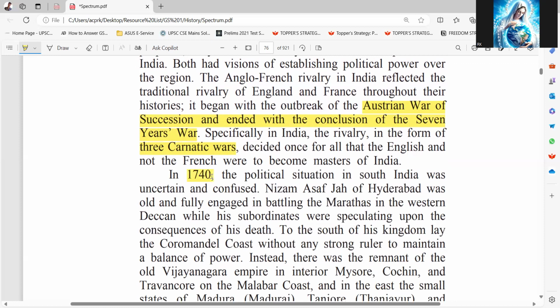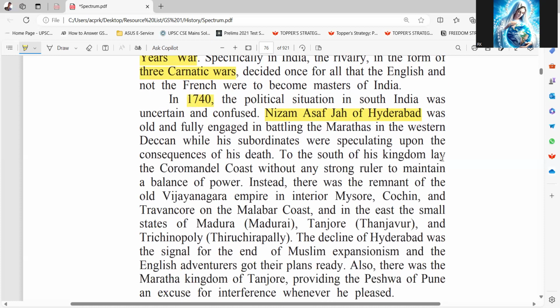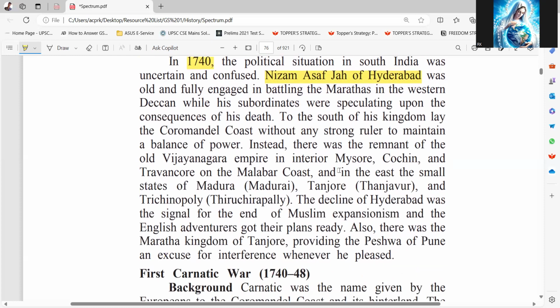In 1740, the political situation in South India was uncertain and confused. Nizam Asaf Jah of Hyderabad was old and fully engaged in battling the Marathas in the western Deccan, while his subordinates were speculating upon the consequences of his death. To the south of his kingdom lay the Coromandel coast, without any strong ruler to maintain a balance of power. Instead, there was the remnant of the old Vijayanagara Empire in interior Mysore, Cochin and Travancore on the Malabar coast, and in the east, the small states of Madurai, Tanjavur,